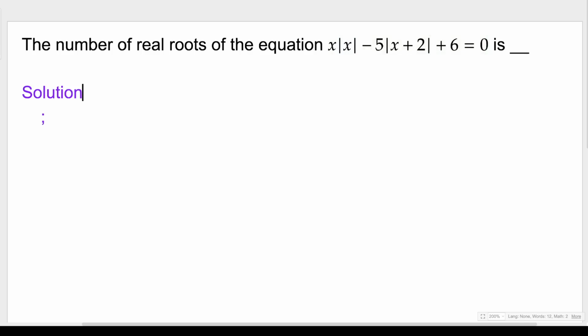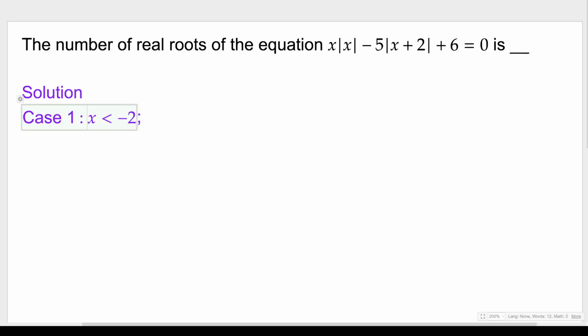So proceeding with the solution, first of all we'll consider case 1. The definition of the absolute value of x will only change about 0, so you can change the points, right? Instead of considering this, I'll consider the other point. So for case 1, for this x plus 2 I'll consider, okay? So when x is less than negative 2,